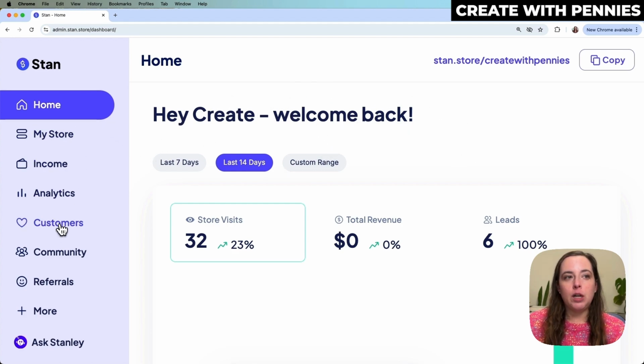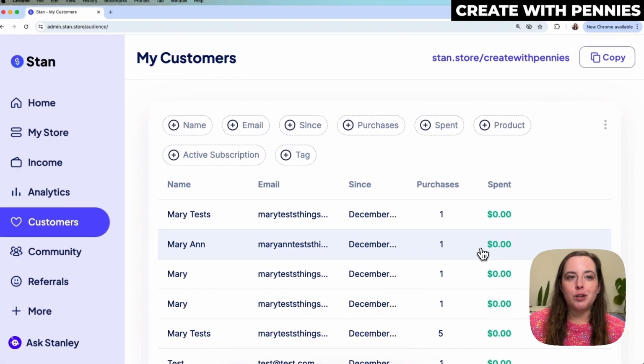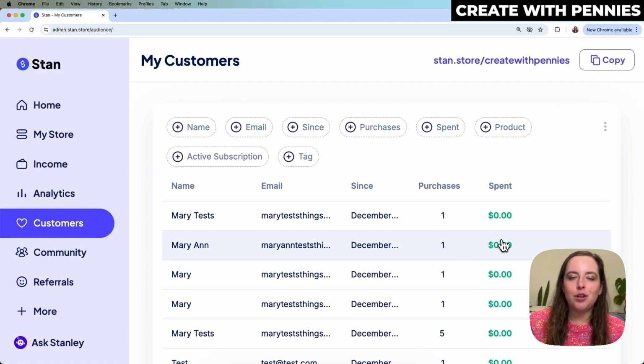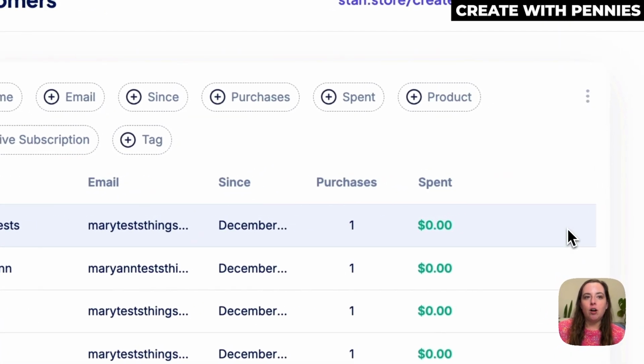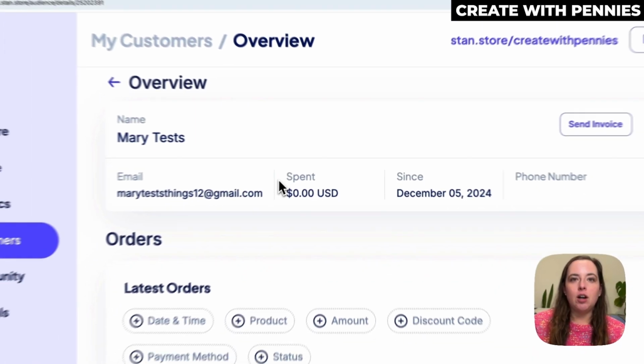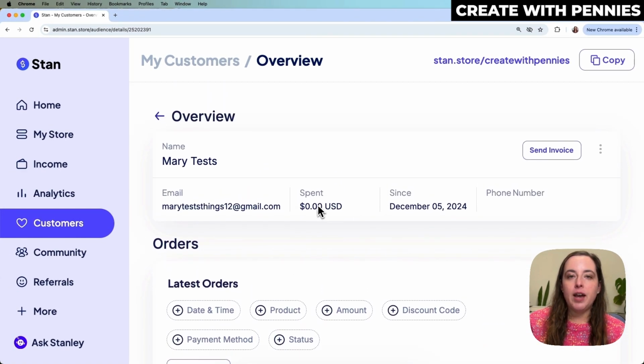And what you do is you click on customers in the left-hand menu. So here you can see your customers. I created a few test accounts just to show you how this works. So what you do to delete a customer is click on that customer, and then you can see all of the details about the customer, when they signed up, what they have bought, all of that,